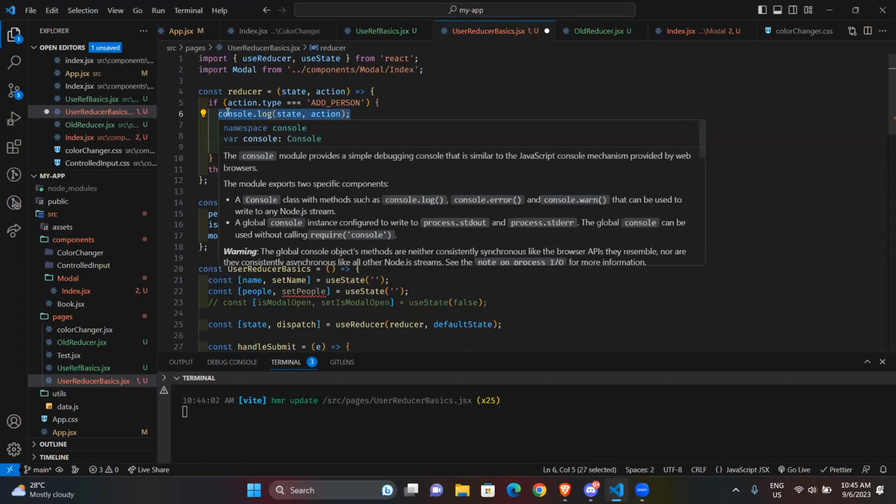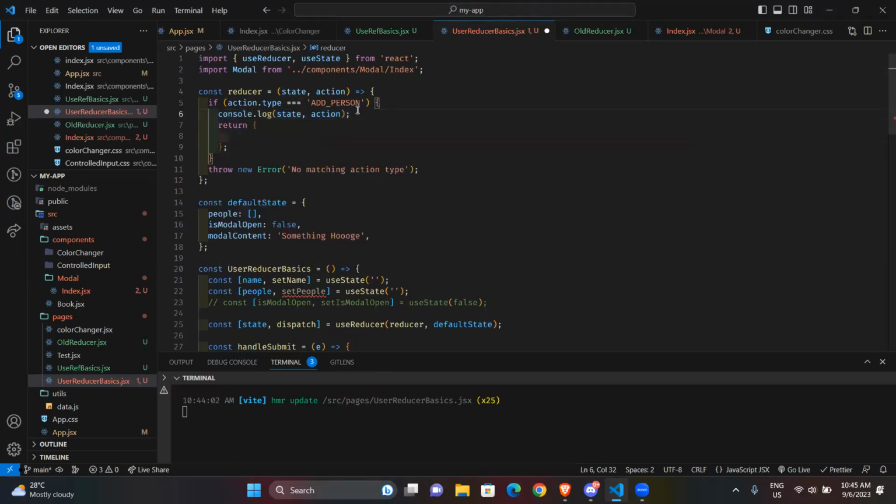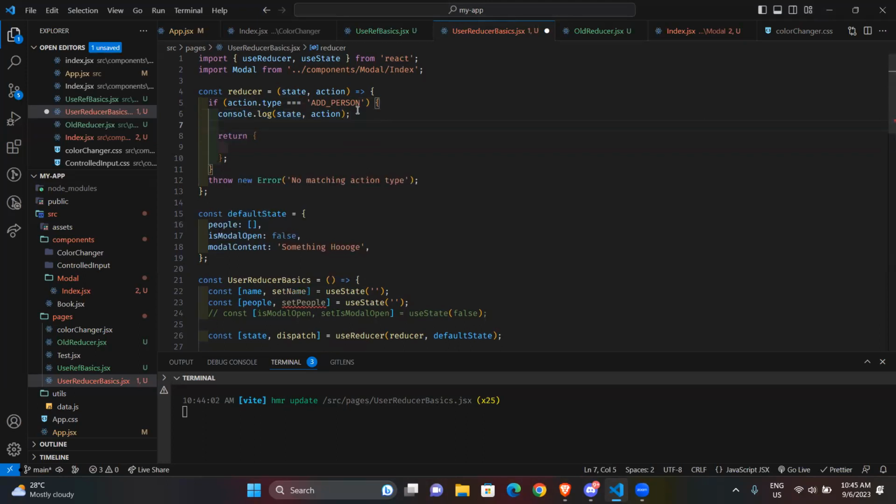So I will just say, let me just leave this. I will say I'm returning an object. I'll just say const updated people. People should pay attention because eventually everything will come out for me. So const updated people, which is just going to be my array. And then I am spreading